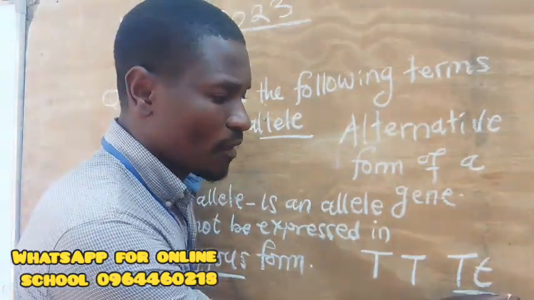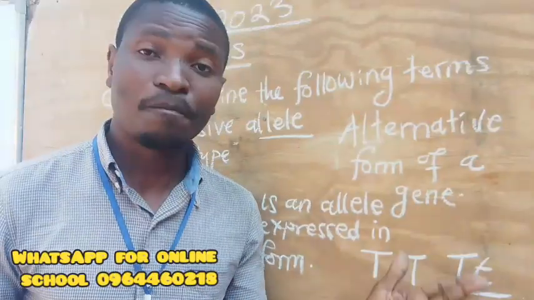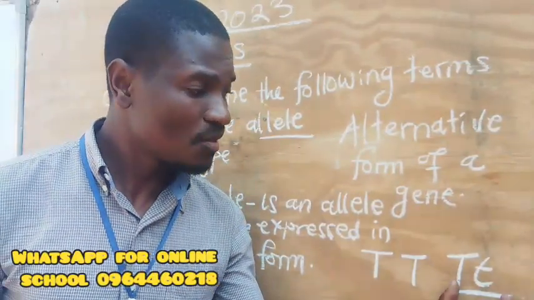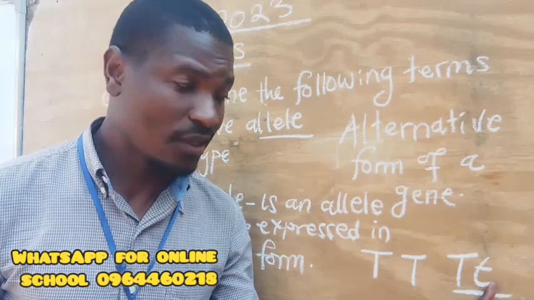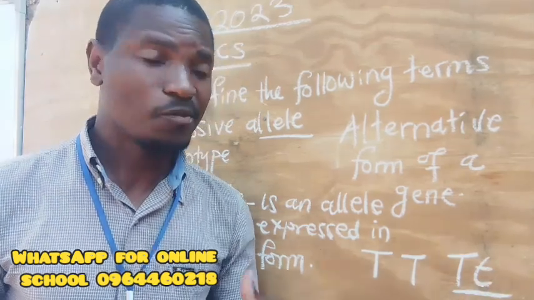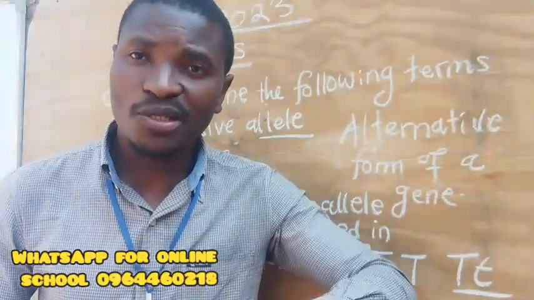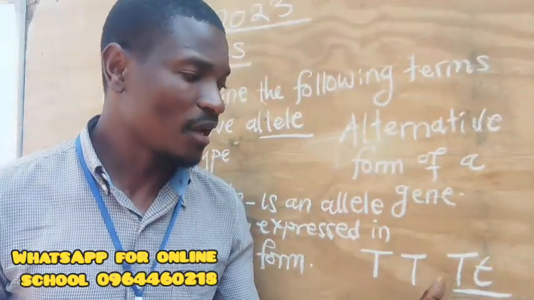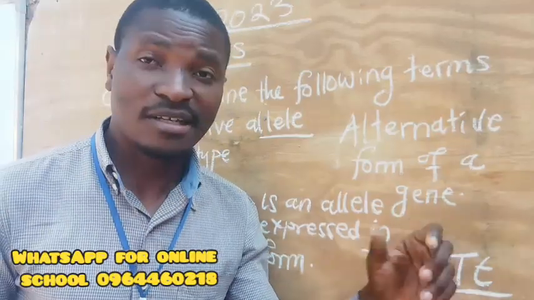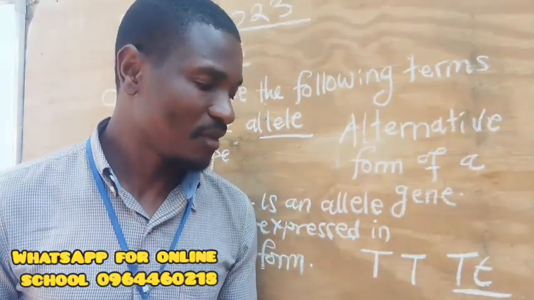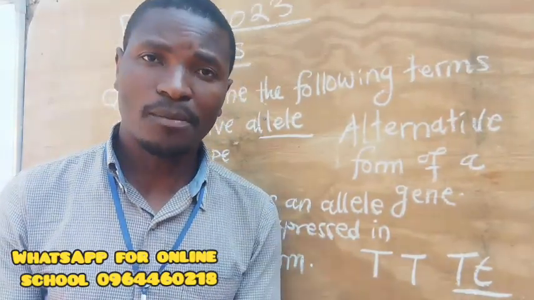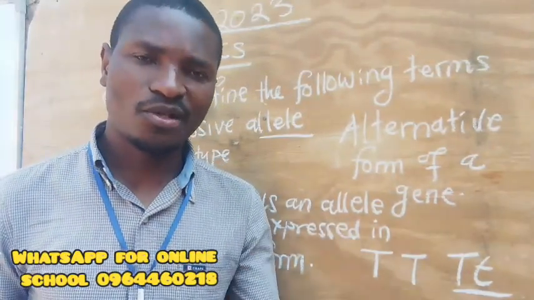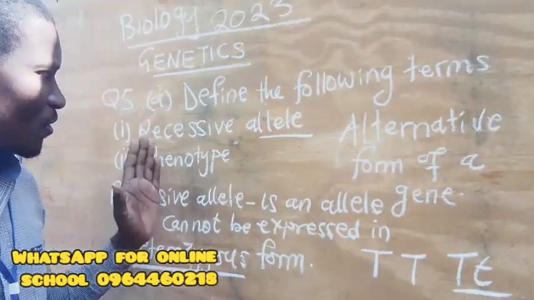So when you have a heterozygous form, it simply means that you have a recessive gene that cannot be expressed. It is always suppressed because of the capital letter, meaning it is more like it doesn't exist. So that is just additional information about recessive alleles. Now let's go to